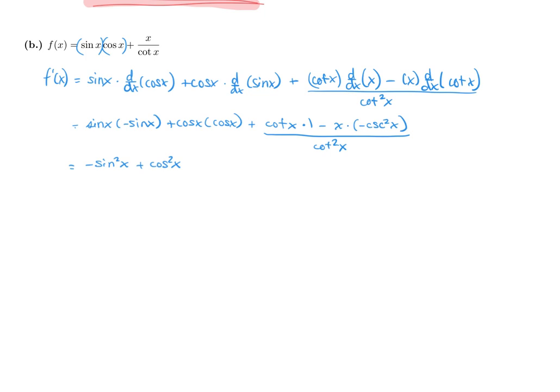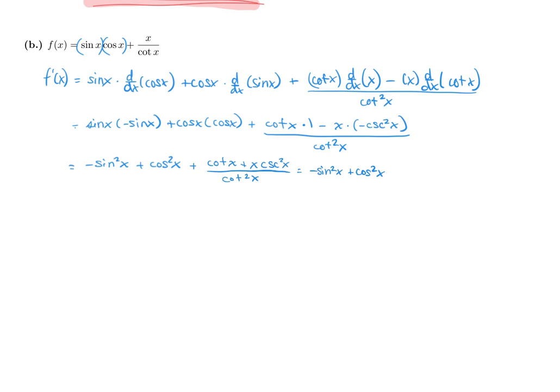So we'll keep it as negative sine squared x plus cosine squared x. Then we'll add our cotangent x. Now it's going to be plus x cosecant squared because of the two negatives multiplying. x cosecant squared x all over cotangent squared x. And this is where we can simplify our lives quite a bit because we can say that this is the same as negative sine squared x plus cosine squared x,